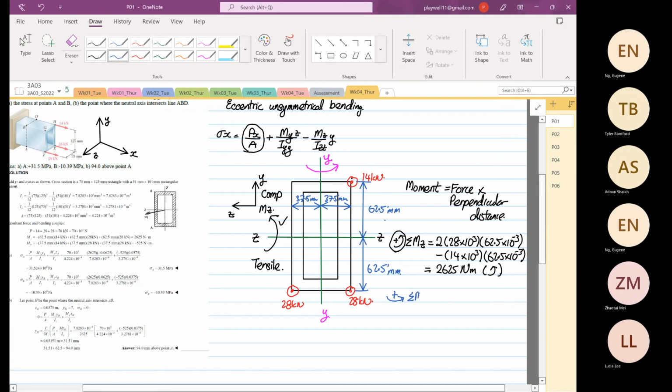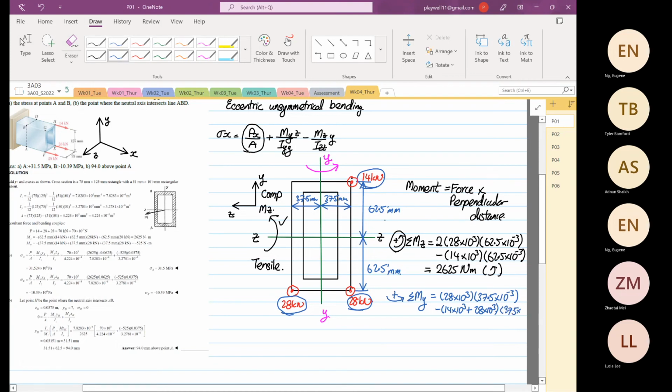Some mention about moment in the y direction. So this will be equal to the 28 over here. It's going to be positive. So it's equal to 28 times 10 to the power 3 multiplied by 37.5 times 10 to the power minus 3. And then you will have minus 14 times 10 to the power 3 plus 28 times 10 to the power 3. So I'm taking these two now, the 14 and 28, and then multiply by 37.5 times 10